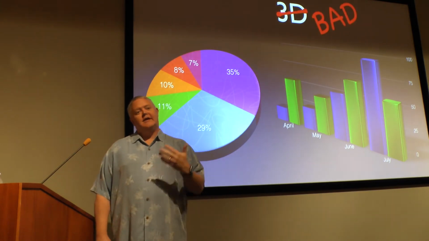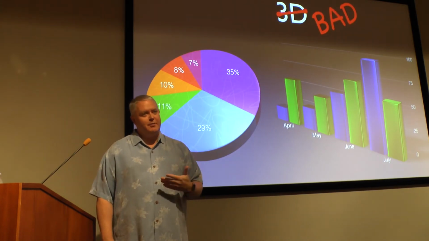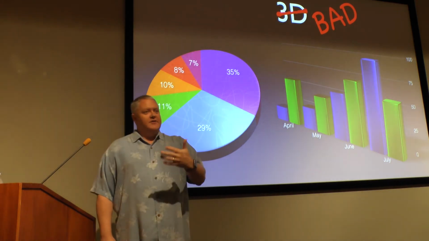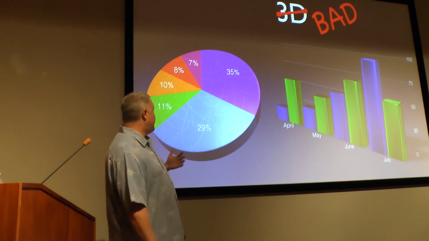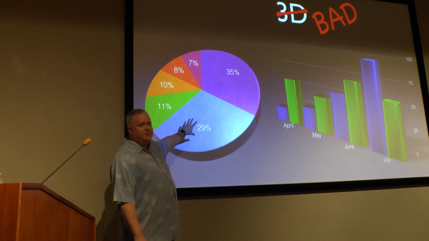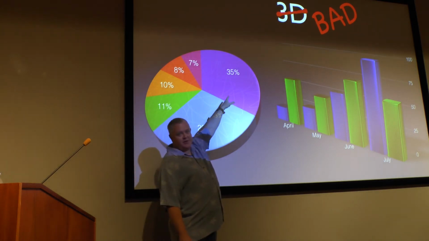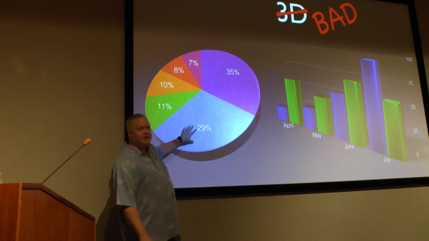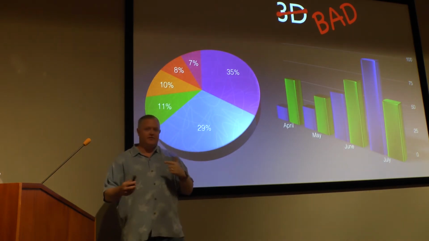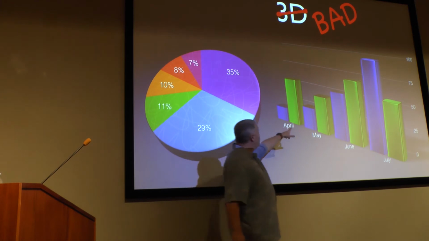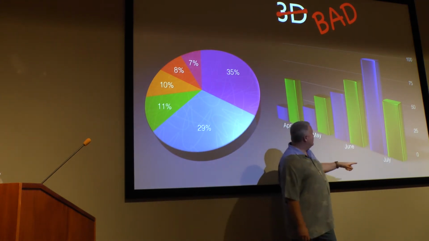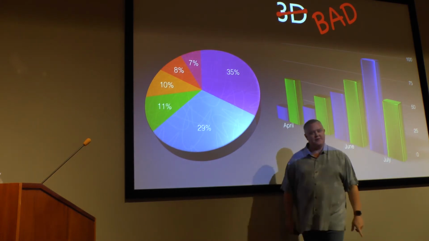3D charts. I know a lot of people love 3D charts. 3D charts are bad. 3D charts skew the data and visually distort what you see. So in this pie chart, this blue pie slice of 29%, there are actually more blue pixels on the screen than there are purple pixels at 35%. So you actually see this as a larger pie slice than that visually. And so you don't actually understand the difference in the relation between those. This green bar in the back and this green bar in the front are the same number. But this green bar has 30% more pixels on the screen, right?